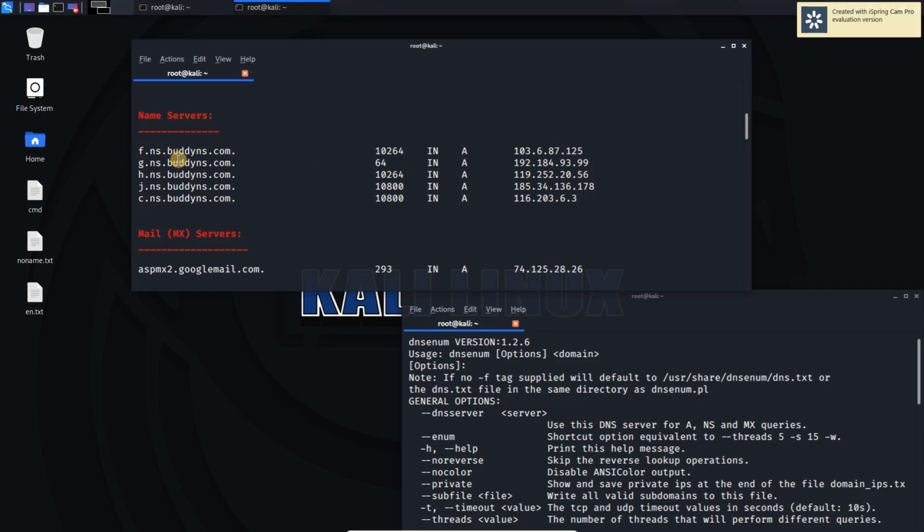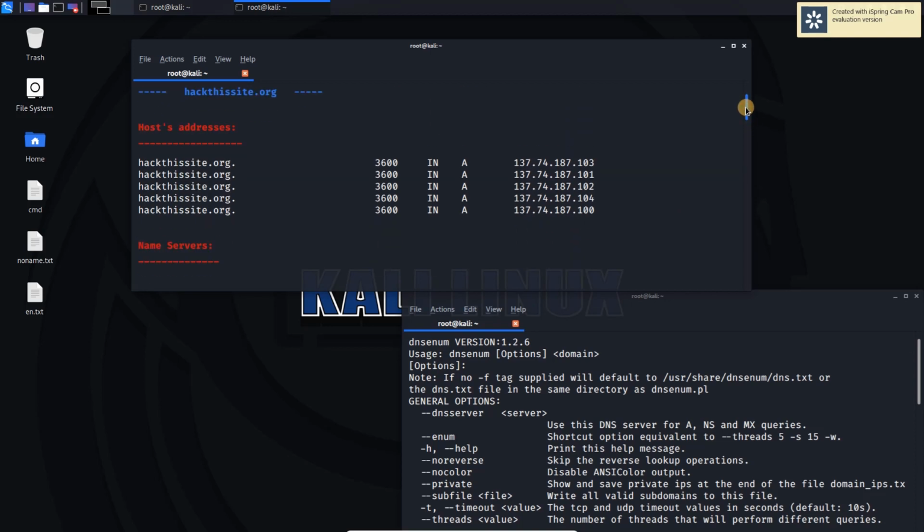Those are f.ns.buddyns.com and others, and these are the IP addresses of those name servers. You can see that this name server has a private IP address. So you must keep an eye on every detail.